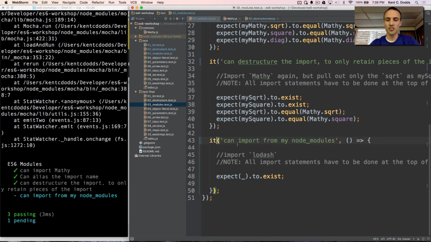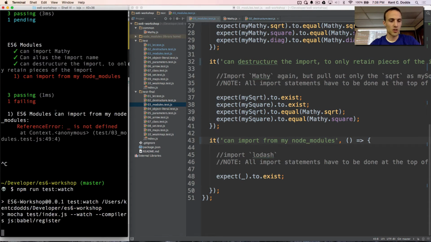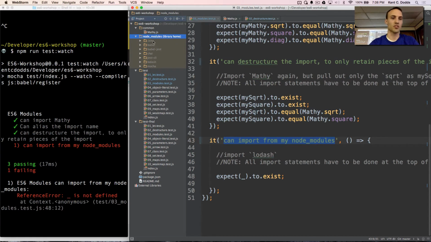Okay, so we're going to do our last test here. It looks like there must be a memory leak or something because this should be responding quickly, so I'm going to run that again. Okay, so we can import from node modules. You'll notice here I have this node modules directory, and here I have Lodash in here. Who is not familiar with Lodash? It's okay, admit it.